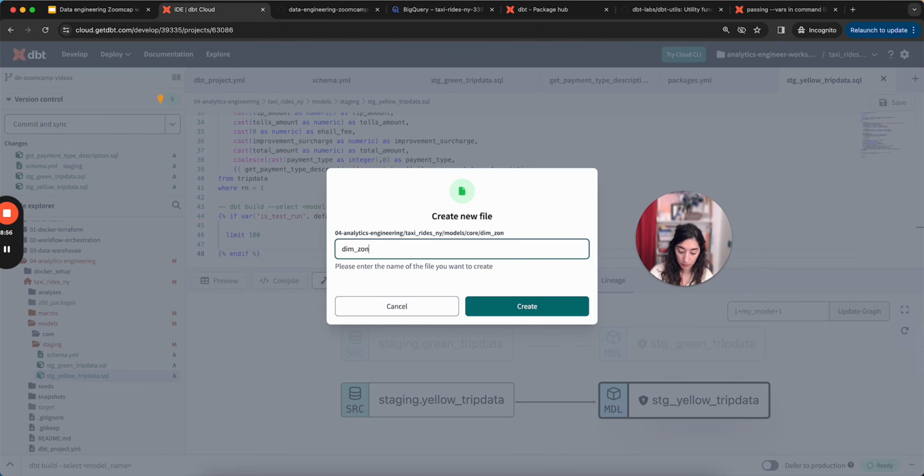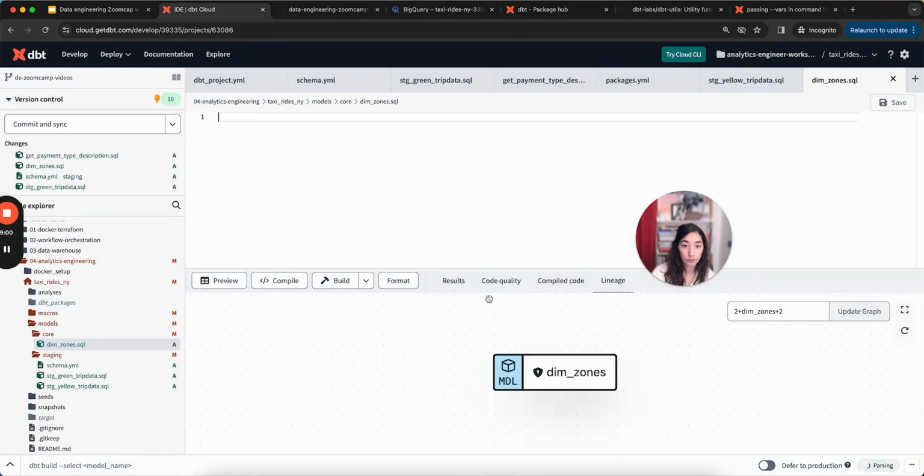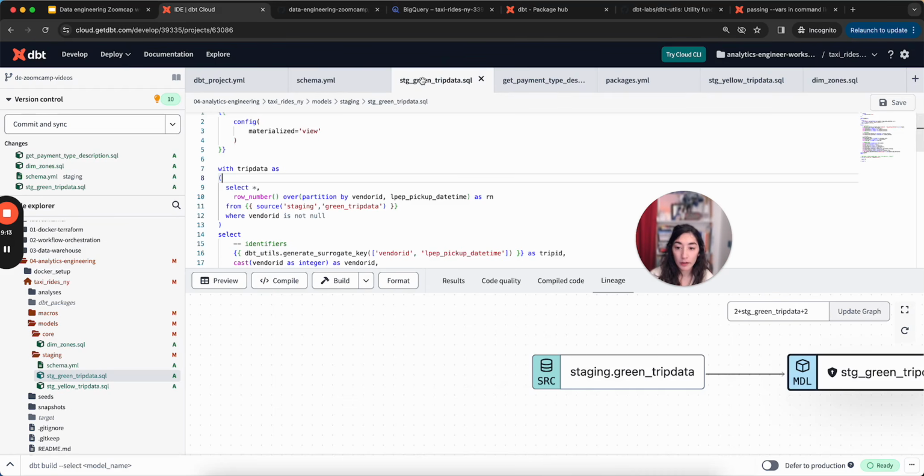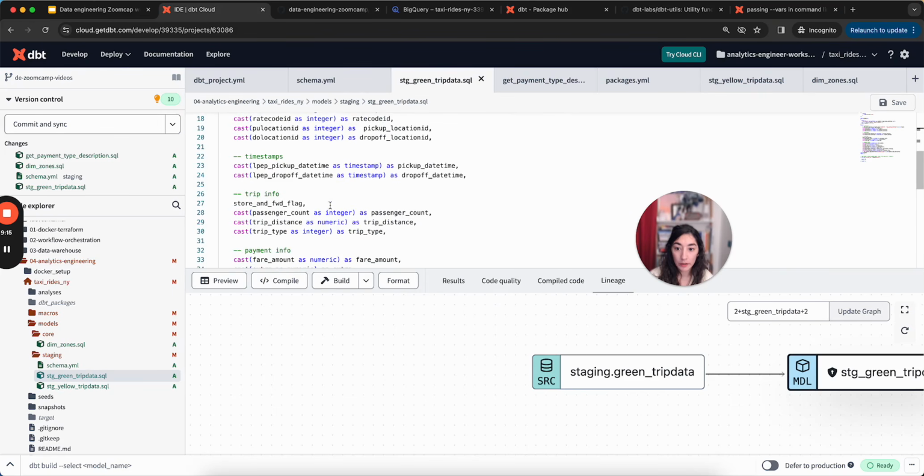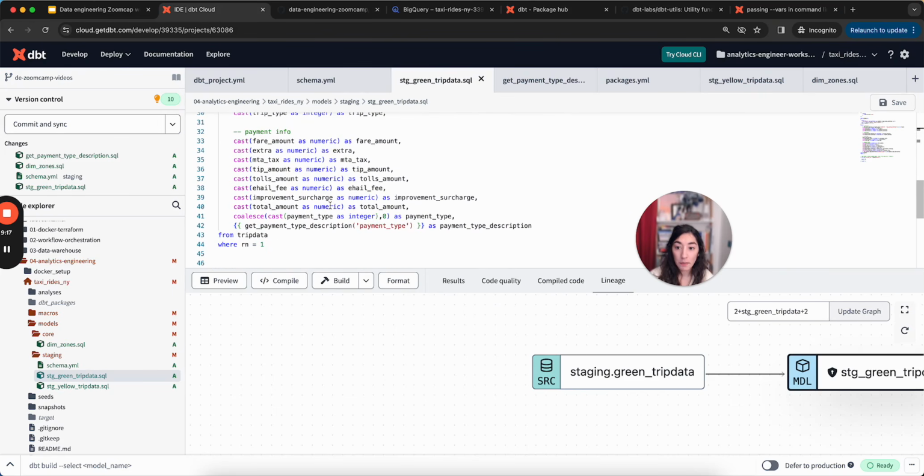Let's do dim_zones.sql. What I want to have here in dim zones is all of the zone data from the places where those taxis are moving. So those taxis are always moving within a zone, and we want to make sure that we